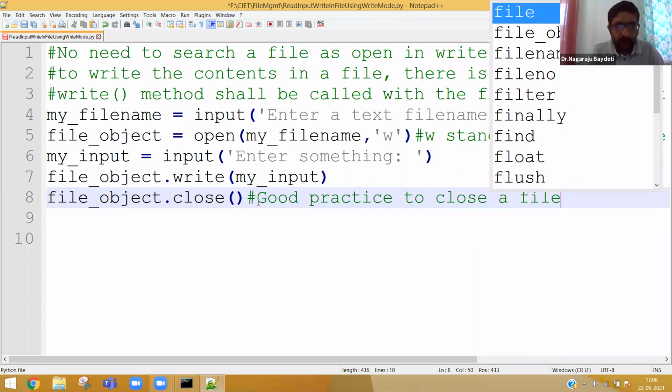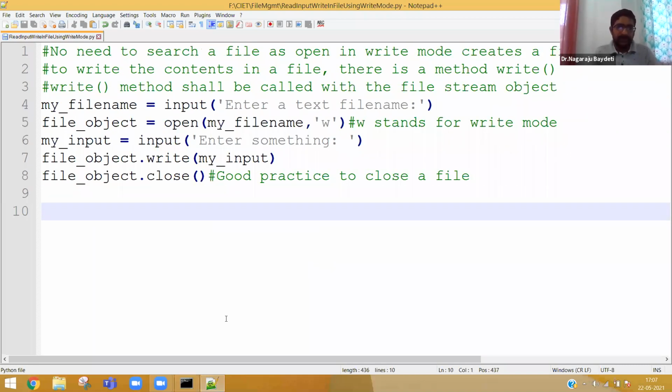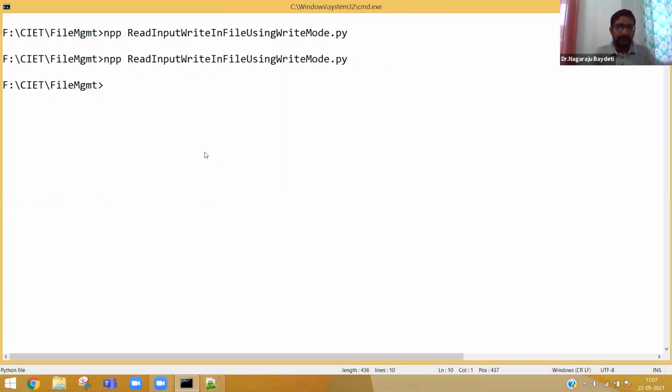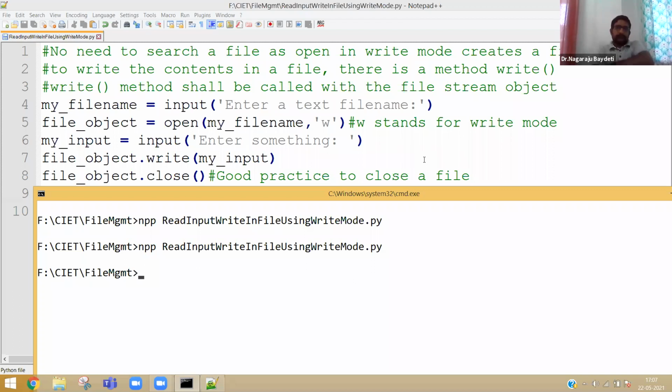Even if you don't write it, it will close by default. But it is always good. Like sometimes we go to an internet center and if you open a mail, definitely you will sign out now. Correct? Something like that. Now tell me, in case you have any doubt in this particular program, I'm waiting in the chat box. In case you have any difficulty, please let me know, otherwise I will execute.